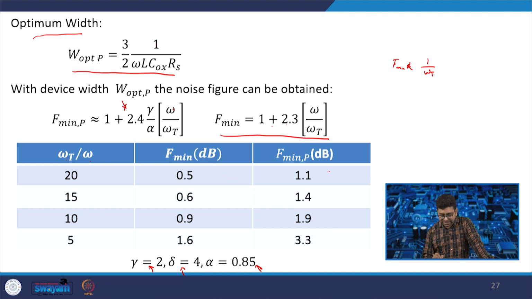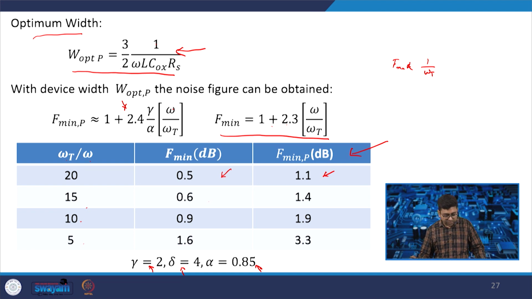This is considering only the impedance matching, and this is considering the power match. When both power and impedance are matched, your noise figure increases by around 0.5 to 0.6 dB. For omega t by omega of 15, it increases to 0.6 and 1.4. If omega t by omega is 10, it is 0.9 and increases to 1.9. And if omega t by omega is 5, then your noise figure is 1.6 in this case and 3.3 in this case. If you consider the optimum omega for power, this value is the power minimum noise figure that